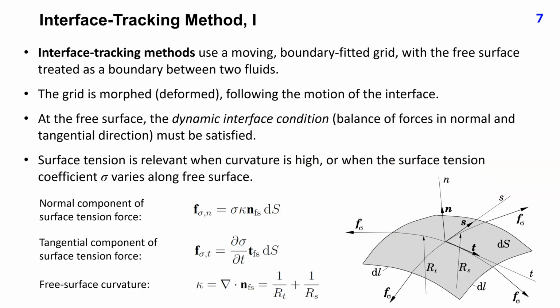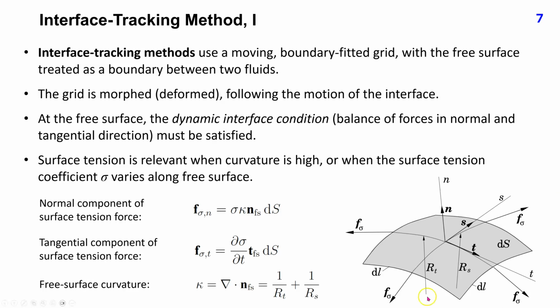Let us first see how interface tracking methods work. They use a moving, boundary-fitted grid with the free surface treated as a boundary between two fluids. The grid is morphed, that is, deformed, following the motion of the interface. At the free surface, the dynamic interface condition must be satisfied, which requires the balance of forces in normal and tangential direction. Surface tension effects are relevant when curvature is high or when the surface tension coefficient sigma varies along